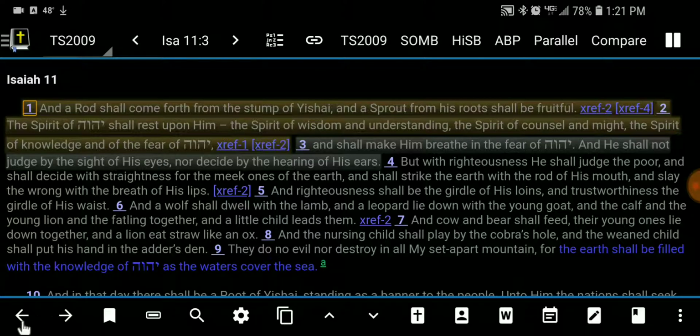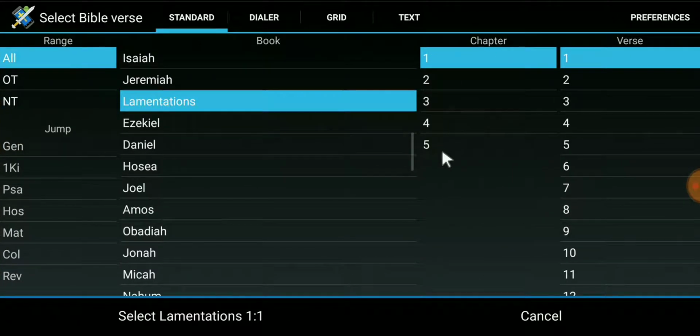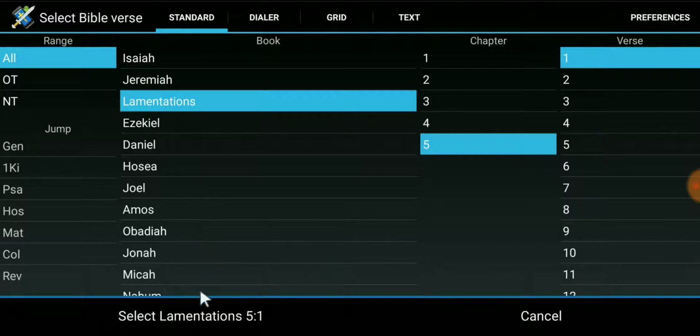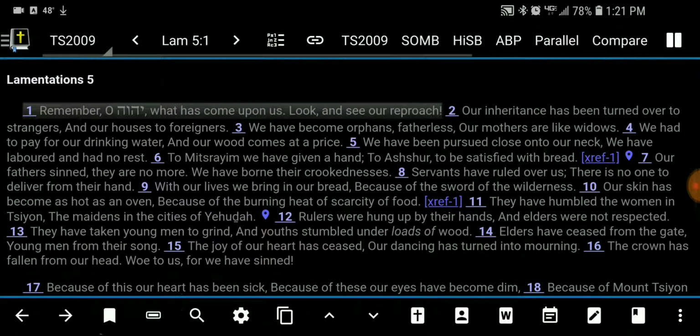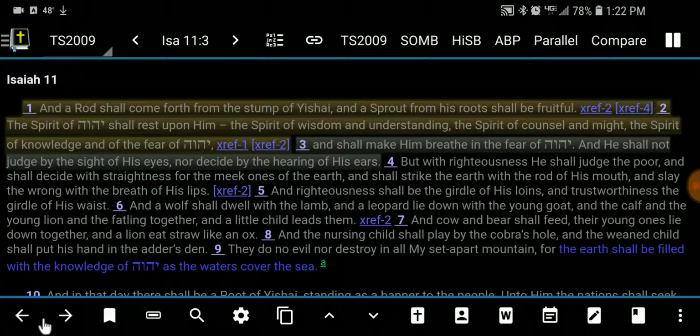So down at the bottom left, this is your back button and your forward button. This is much like using an internet browser. So, if I'm at Isaiah and I go to Jeremiah 5 or Lamentations 5, let's say I want to go back to the one that I was at, I can hit that and it jumps me right back to where I was. But say, hey, a few times ago I was at another passage,